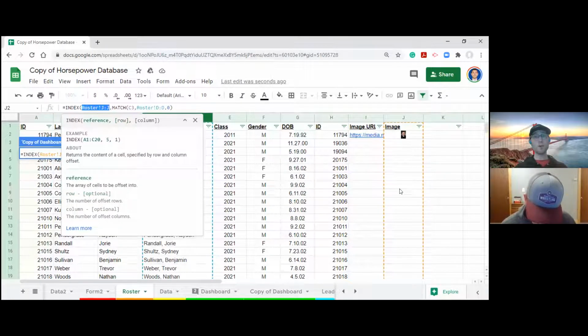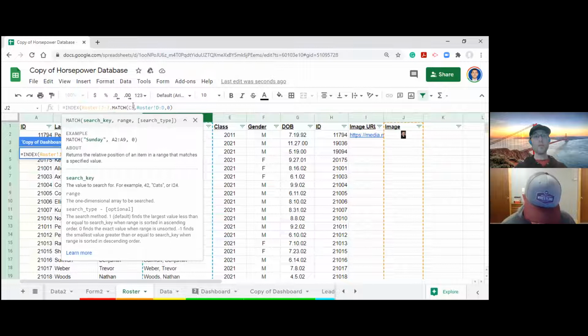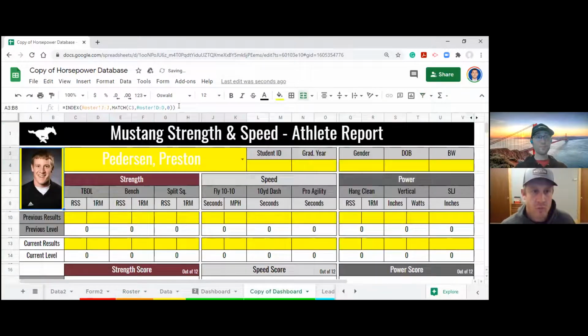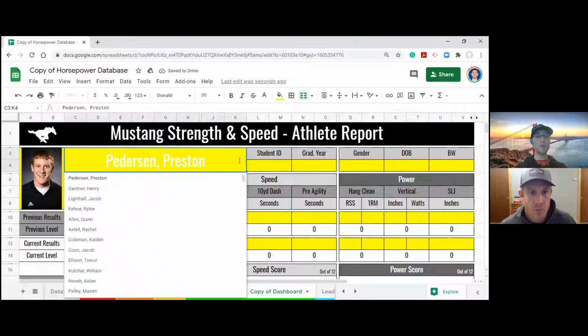We want to get an image from column J, and we want the row to be whichever row matches the name that we selected in our dashboard. And that will happen to be row 2 because this name is in row 2 and it matches the one in our dashboard. So if we now close this off and click enter, we'll notice the picture is still here. But if we change a name to someone else,